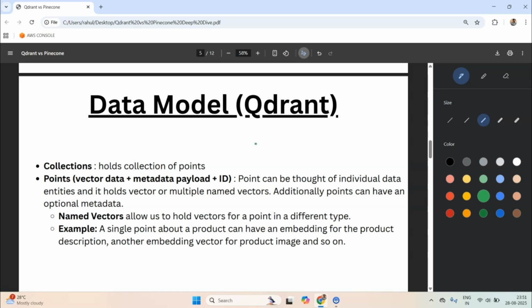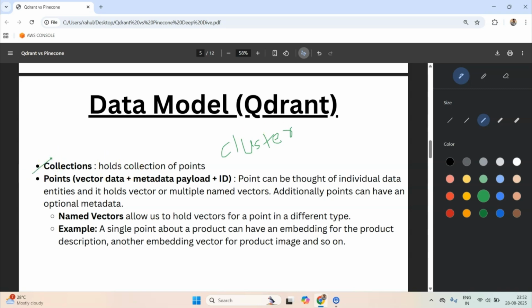So let's talk about this. The key entity in Qdrant is, now I'm talking about something here. If you prefer Qdrant Cloud, there is this concept of cluster, which I have not written because by default this cluster you don't have to think about. Why? Because cluster becomes only relevant when you go for Qdrant Cloud. But we start with collection.